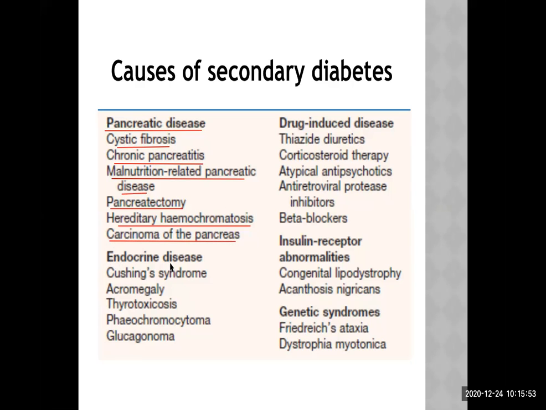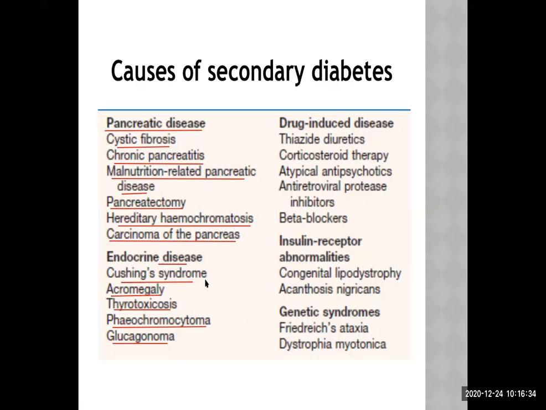Now, among the endocrine diseases, here: Cushing syndrome, acromegaly, thyrotoxicosis, pheochromocytoma, and glucagonoma. Now, just think about all this for a moment. What is the common thing in all of them? There is one common thing in all of them. Okay, see there? Sir, it's a counter-regulatory mechanism, anti-insulin. Thyrotoxicosis, yes, good, anti-insulin effect. Very good. These are counter-regulatory hormones in excessive activity. These all are anti-insulin conditions.